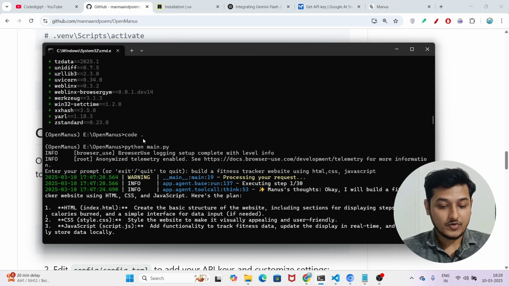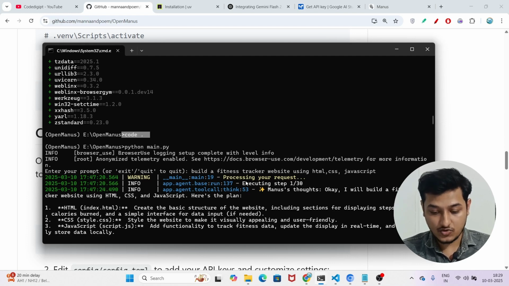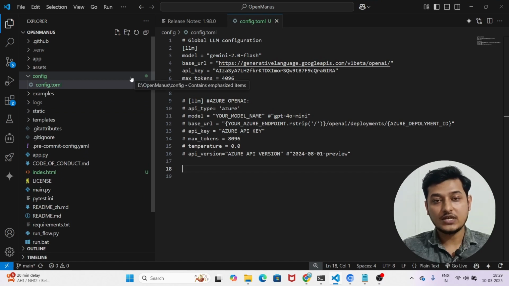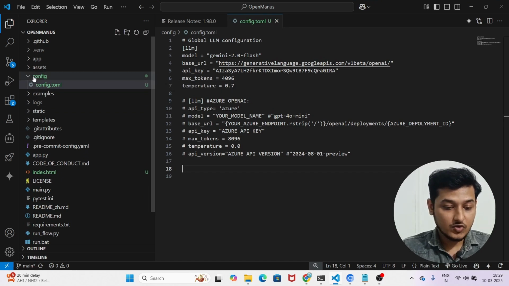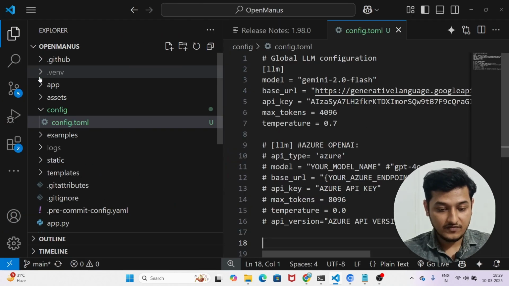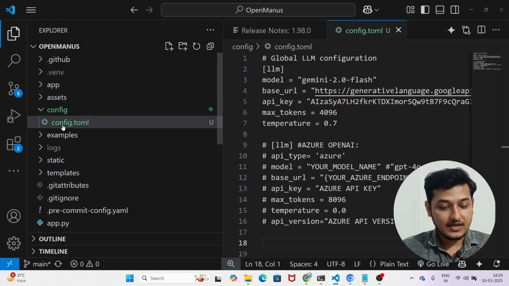Okay, now what you have to do, just write code dot. Okay, so now it will be opened inside your VS Code, and if you go to this VS Code, here you have to do the configuration. So if you go to this config file, here you see that, follow my cursor. If you go to this config file, there you will find this